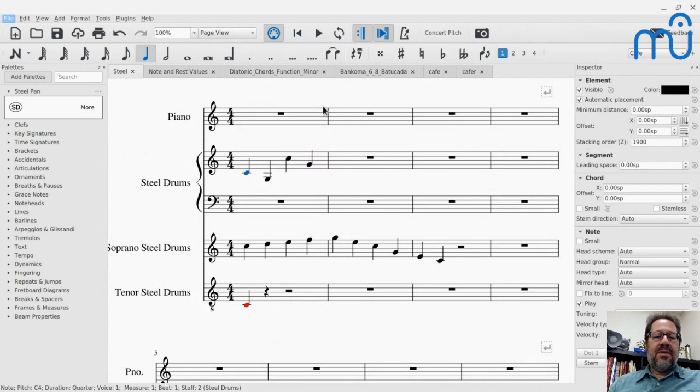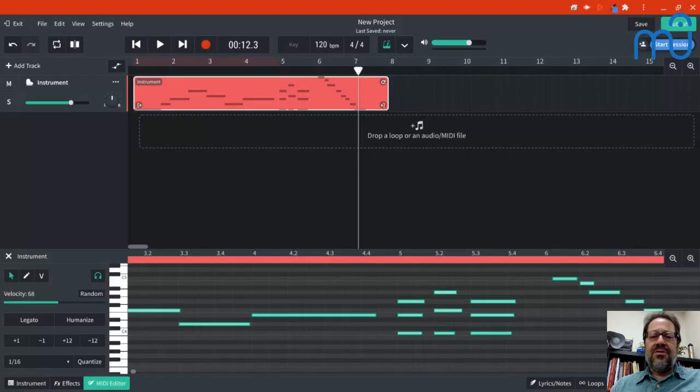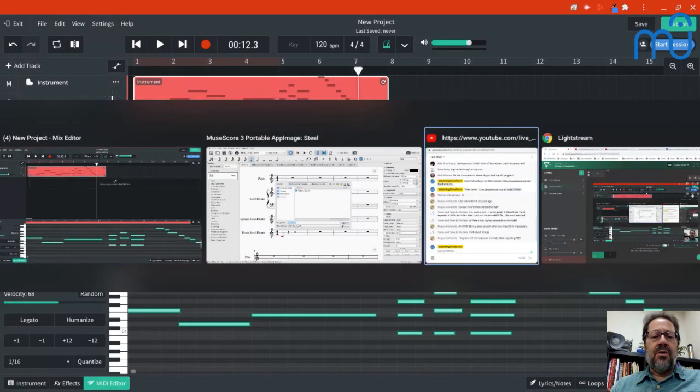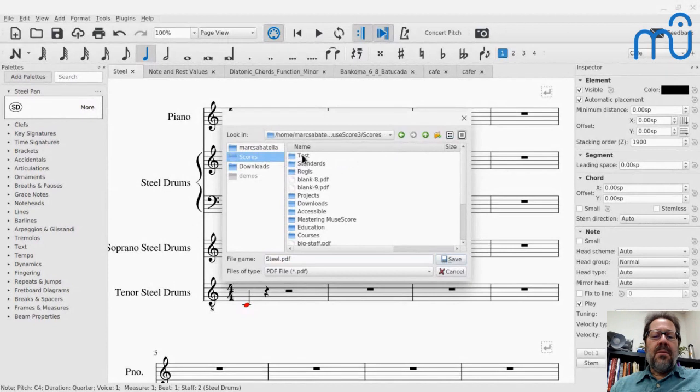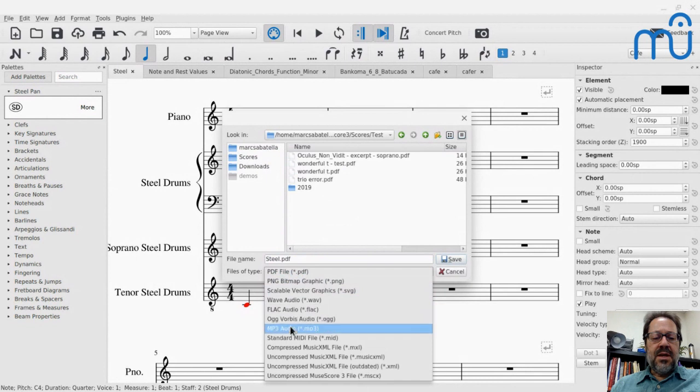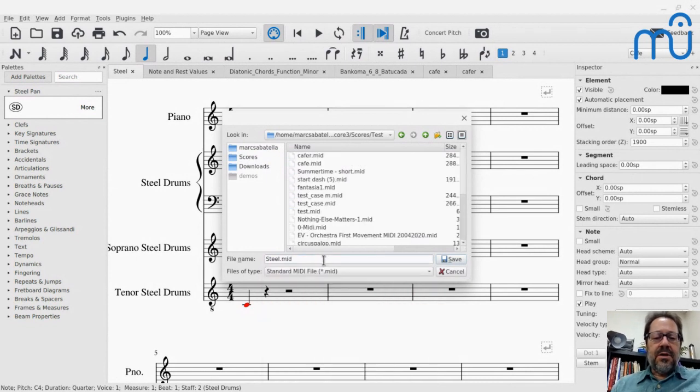and again, I get to wait a minute for that dialog. The dialog's not always this slow to appear. To be honest, I think it has to do with how many files are in that folder, and the test folder that it's trying to display has thousands of files in it. Anyhow, that's what's happening there, and I don't know why. But oh, the Café folder. That's weird that it's having issues with that folder because there's nothing in that one. Anyhow, so test, and I want to export as MIDI, and I'm going to call this